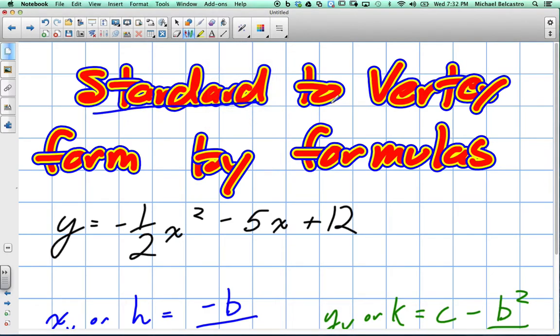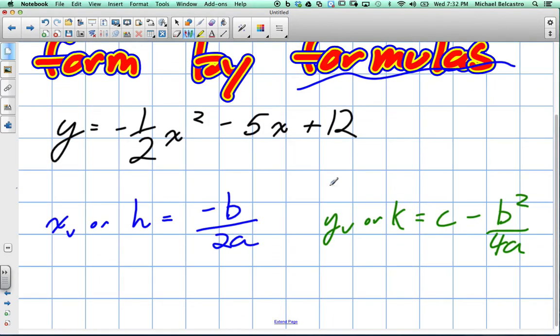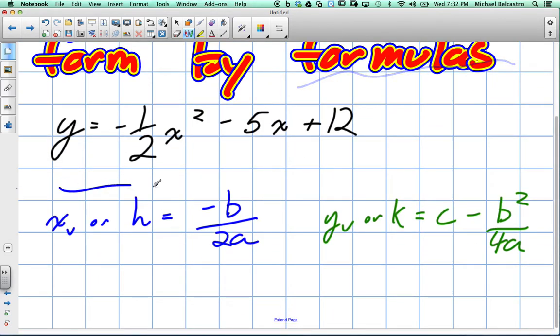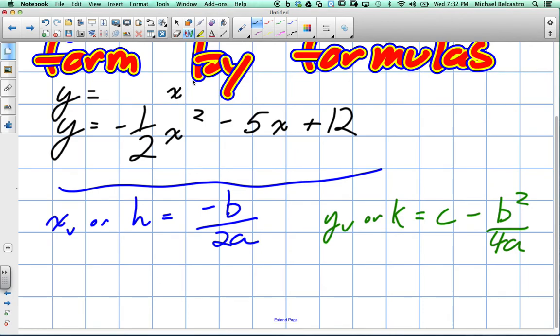Okay, next we're going to do standard to vertex form by formulas. The common practice is completing the square, but there are other ways to do things in math. In fact, there's like millions of ways to do things. So here's another way. Here's our standard form again, and we should write out, this is our y